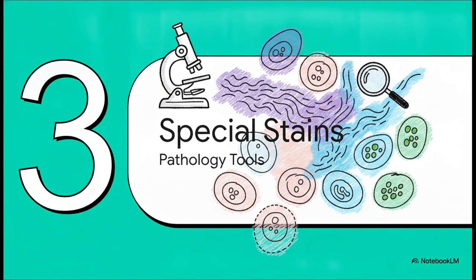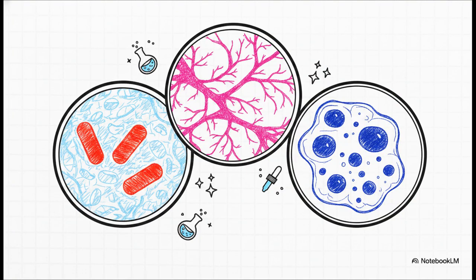All right, let's jump to Section 3, special stains in pathology. While H&E is fantastic for the big picture, some cellular elements remain completely invisible. That's where specialized chemical tools step in. Imagine smoothly zooming right down into the tissue in stunning 3D detail. If pathologists are hunting for acid-fast bacteria, they use the Ziehl-Neelsen stain, which makes tuberculosis bacilli glow bright red